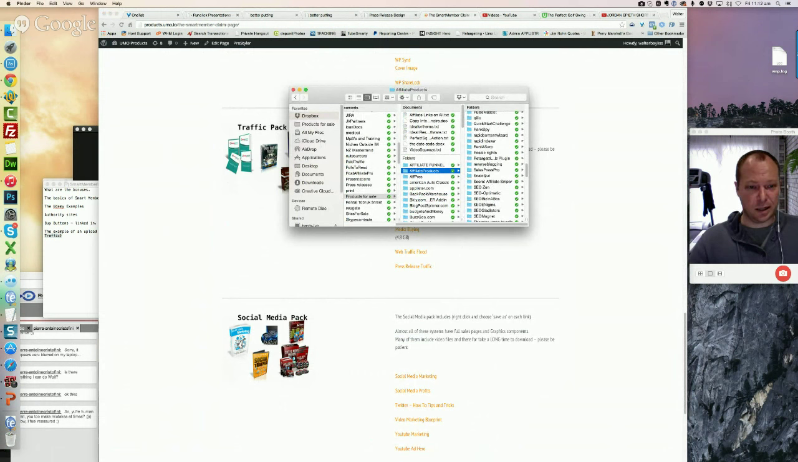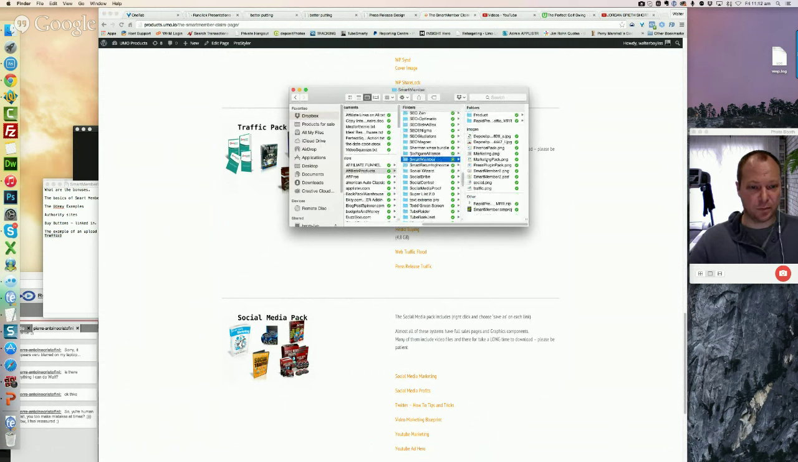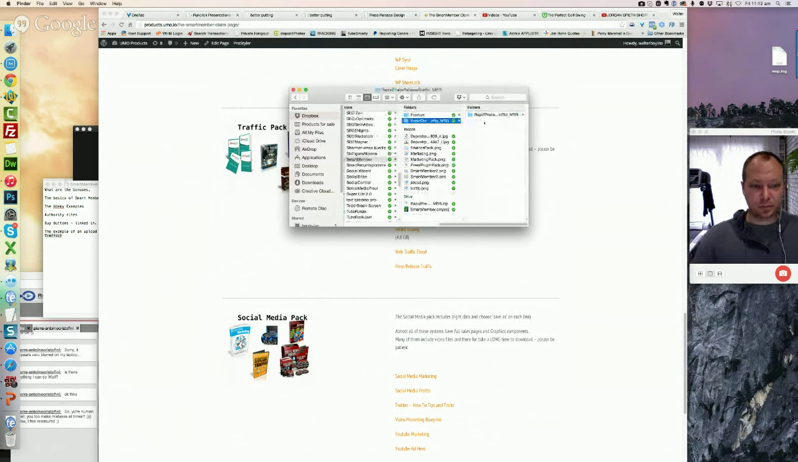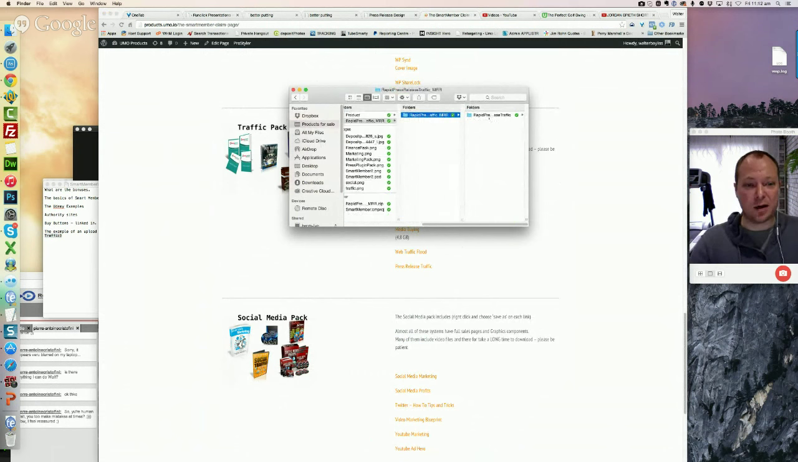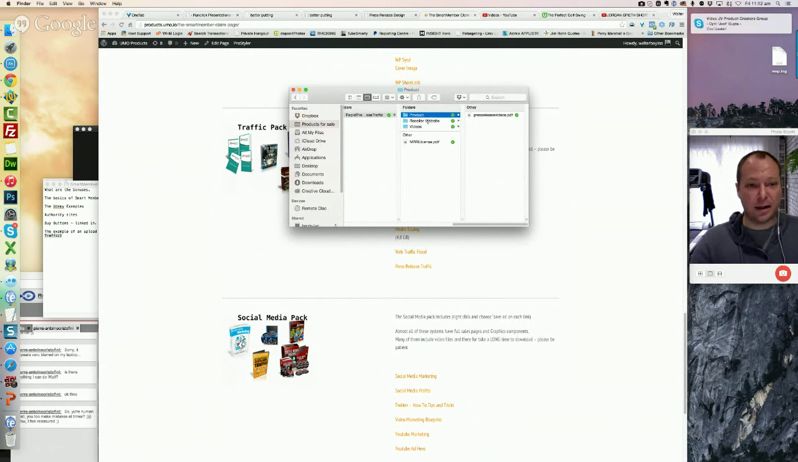When you download it, you will have a folder that looks like this. It's called Rapid Press Release Traffic, and inside that are lots of other folders. The product, the reseller website, which has got all of the images and index, etc., that you can use,